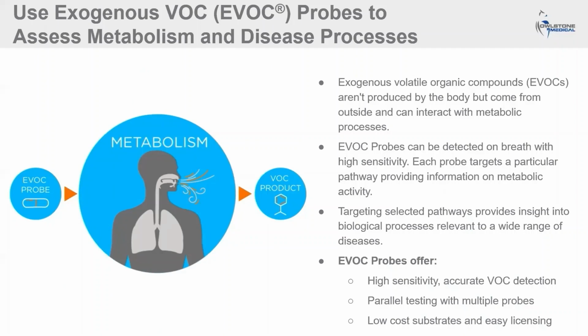Up to this point, our investigation is focused on late-stage liver cirrhosis. We now need to extend these findings to earlier stages of liver disease, such as NAFLD and NASH, where there's greater opportunity for therapeutic intervention. One strategy we're employing to increase our capability to detect early disease is to develop limonene into an exogenous volatile